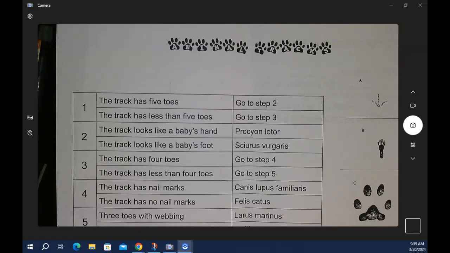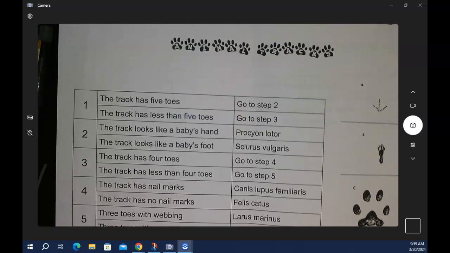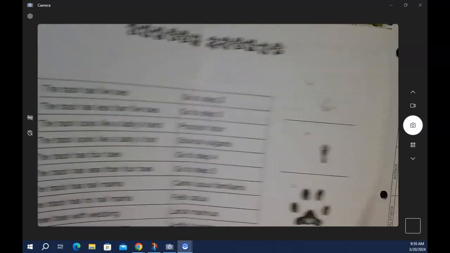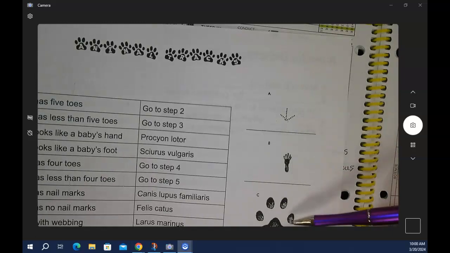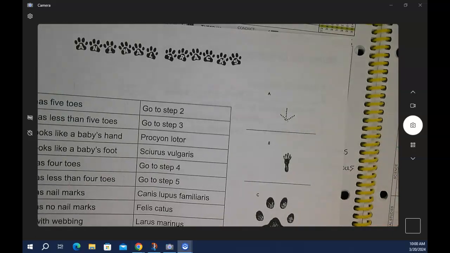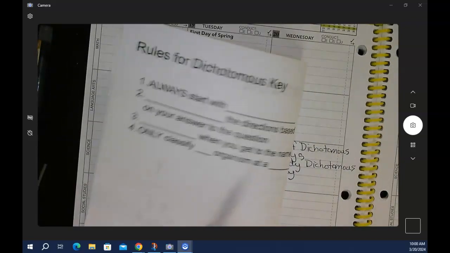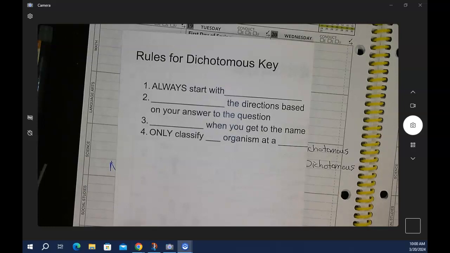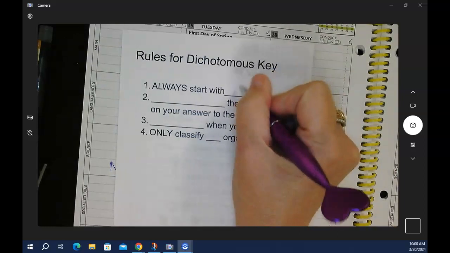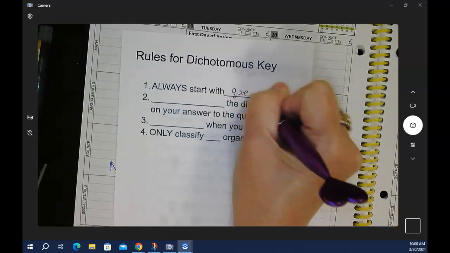So, dichotomous key. We're going to explore the dichotomous key using some animal tracks. These are the imprints left on the ground when an animal walked through there. Before we do that, we're going to go over the basic rules of using a dichotomous key. You always start with question one